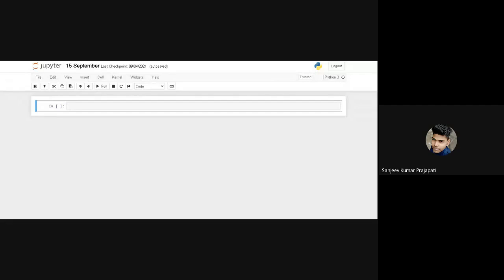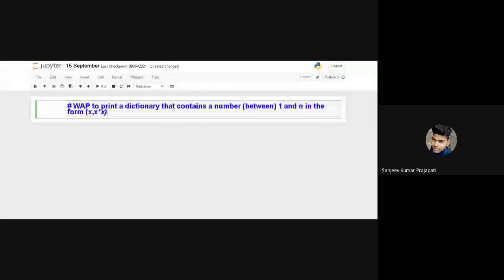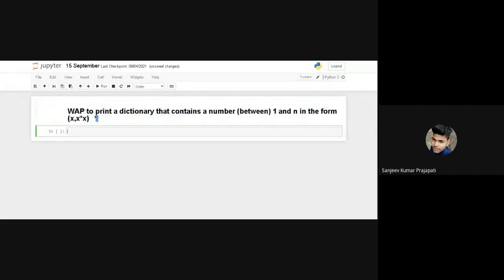Write a program to print a dictionary that contains a number between 1 and n in the form of x comma x multiplied by x.